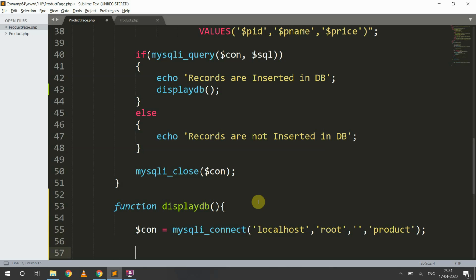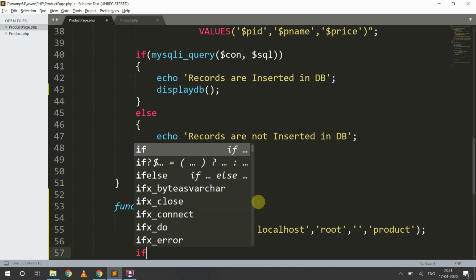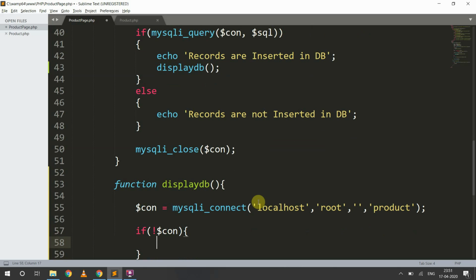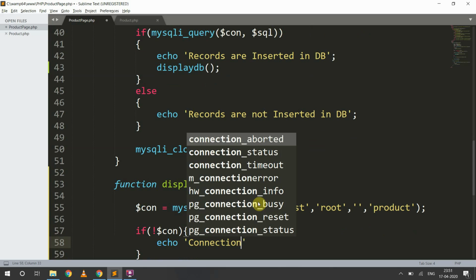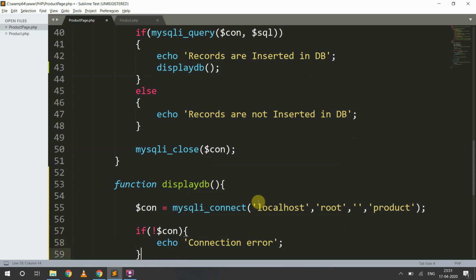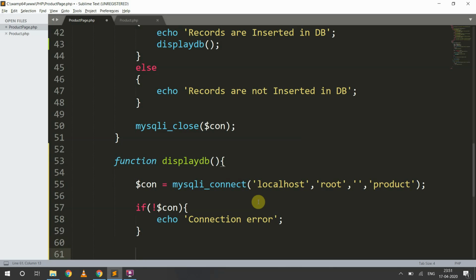We will check using a simple condition whether it is connected or not, and simply print an echo message, connection error.